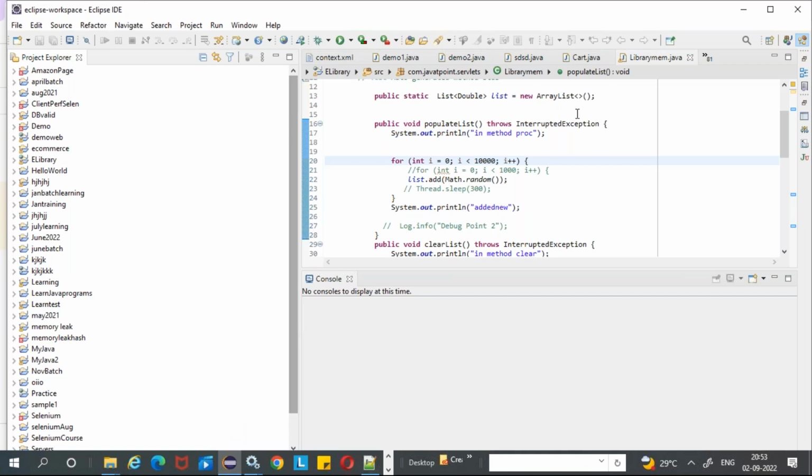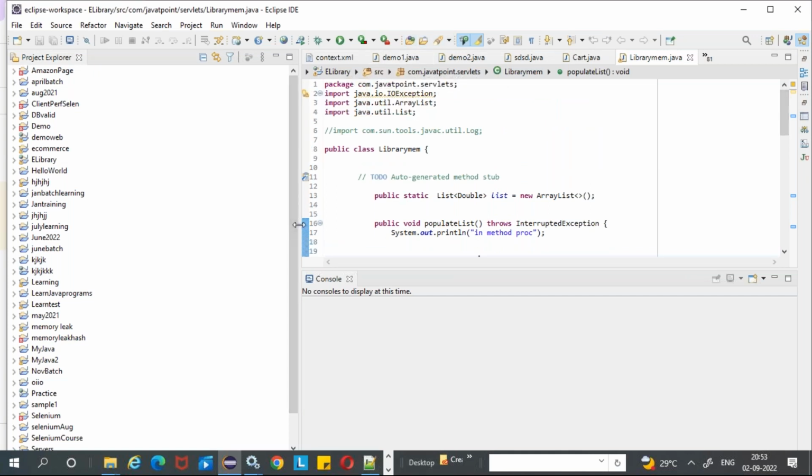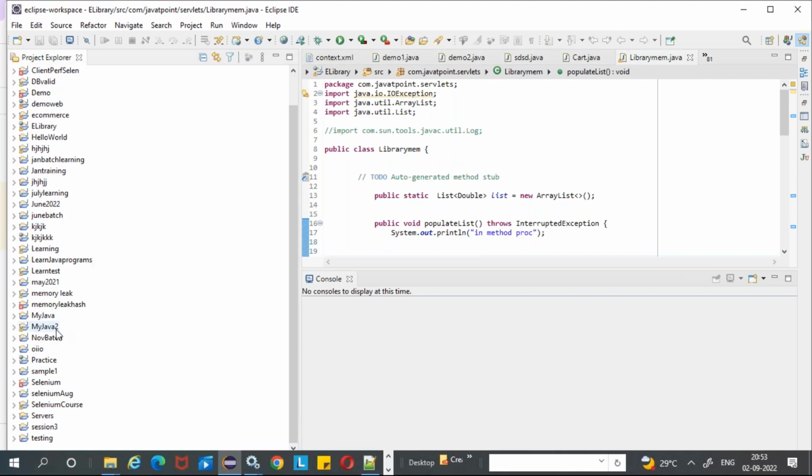Let's consider this as a sample program. Let me go and show you a sample package, say my Java. This my Java is a package. Inside that package, you're going to have one program. Here it is, one program. So my Java 2 is my